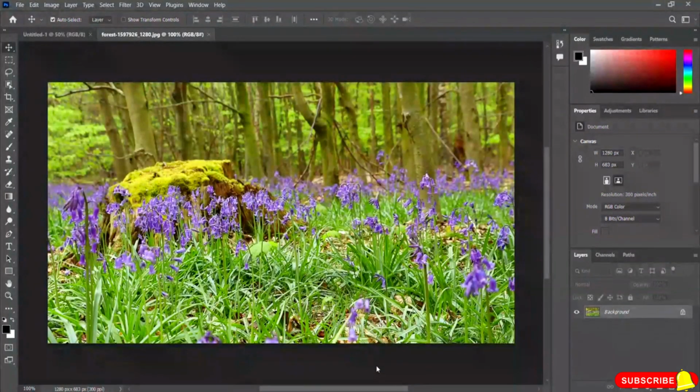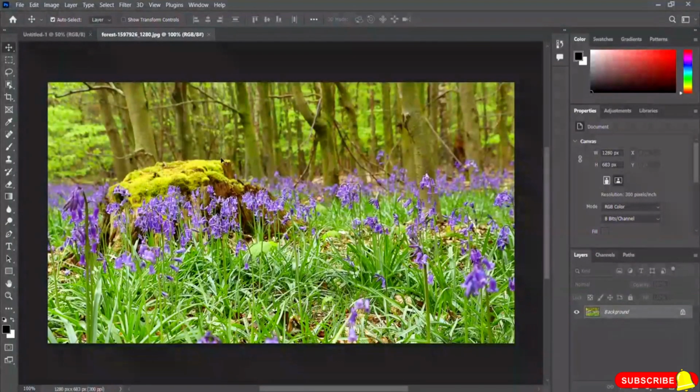So you can see a new image is opened in our new tab here, and this is an image of some purple colors, flower, you can see the grasses, you can see the trees, and you can see the leaves of the trees. But if you consider the color of the flower or the grasses and all the leaves, it's not seems active. But if you want to make them active, in that case you have to use the vibrance and